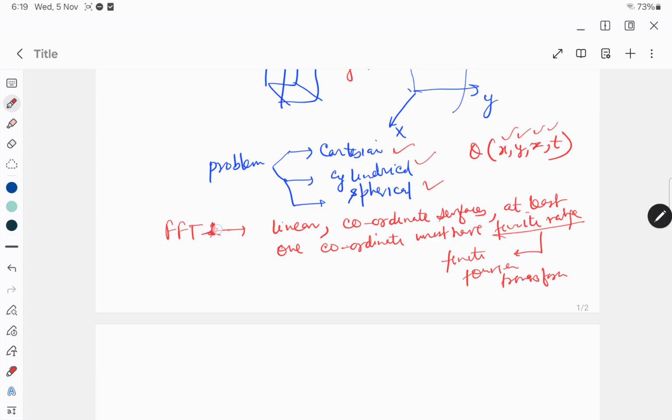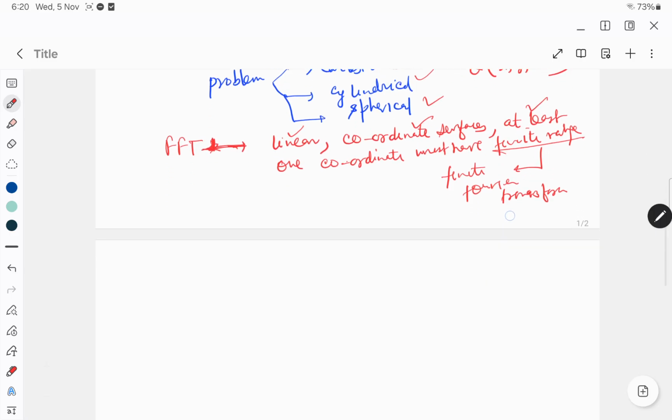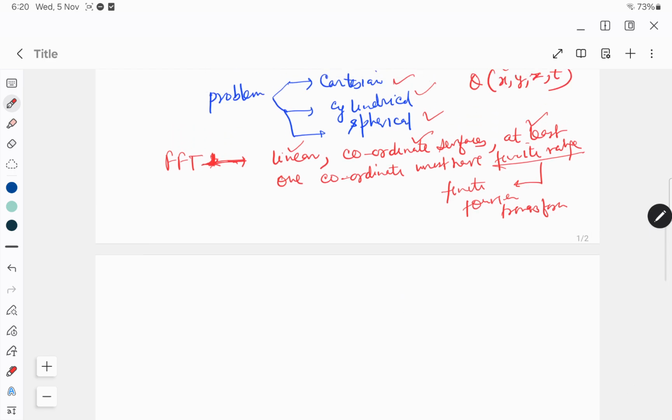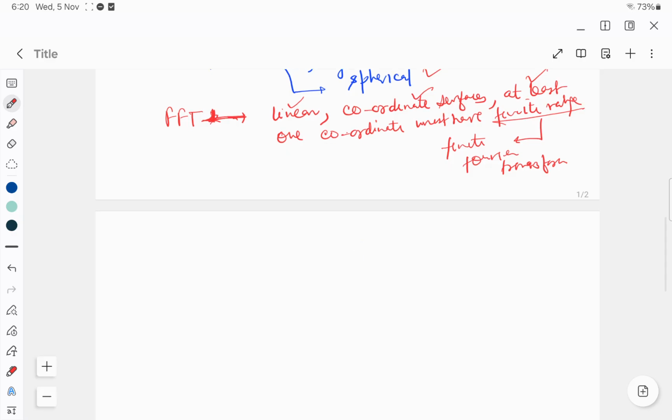Alright. So for FFT, the following conditions must be met to apply the FFT. The problem should be linear, bounded by coordinate surfaces. At least one coordinate must have a finite range. Then you can apply the finite Fourier transform to solve the problem. Now let's take one problem and move ahead with that problem. Now consider the heat